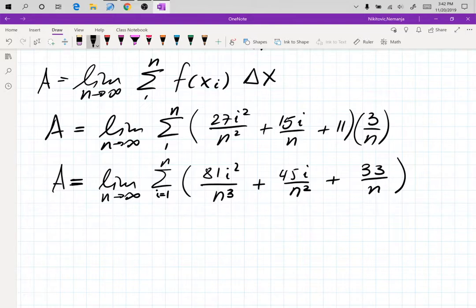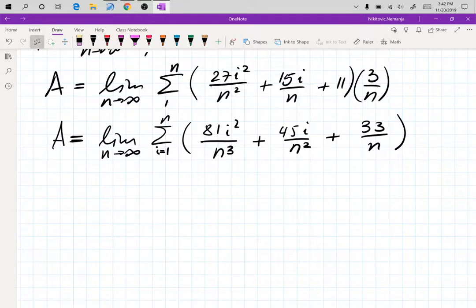The summation has i as the variable, and n is the end point where we stop, so n is a constant in the eyes of the sum, but it's a variable in the eyes of the limit. So we can split these into individual sums,